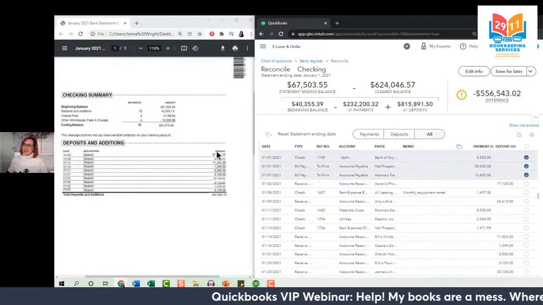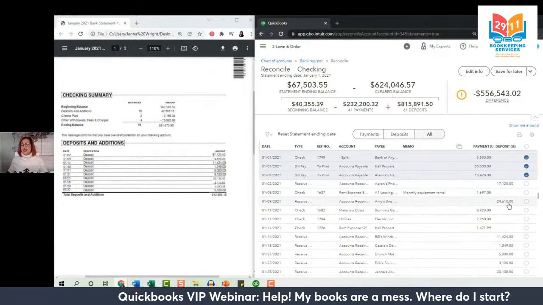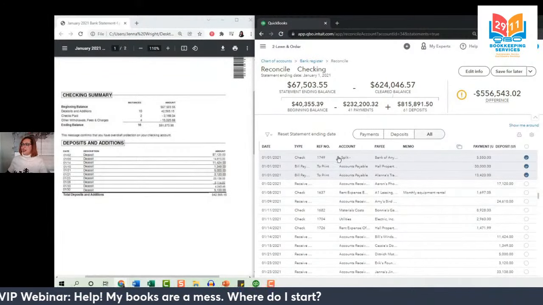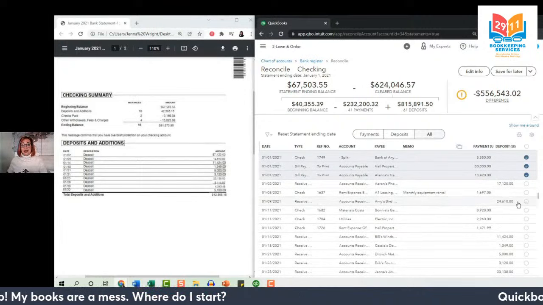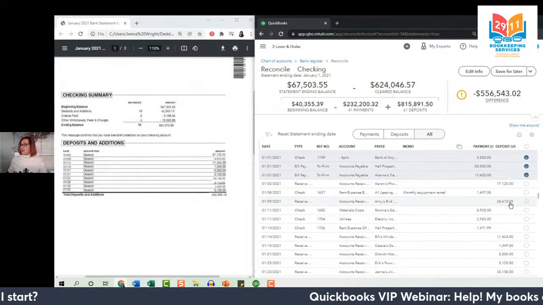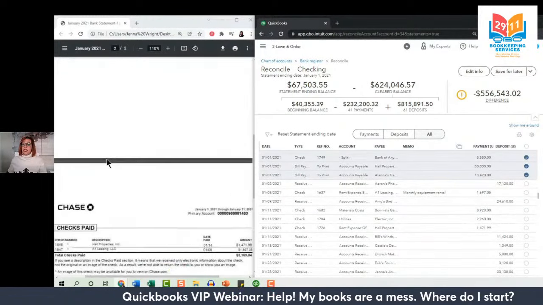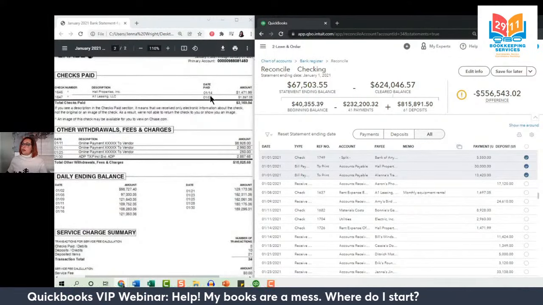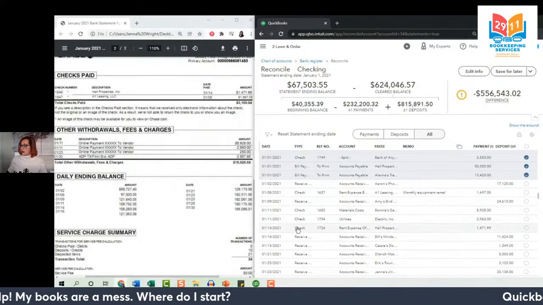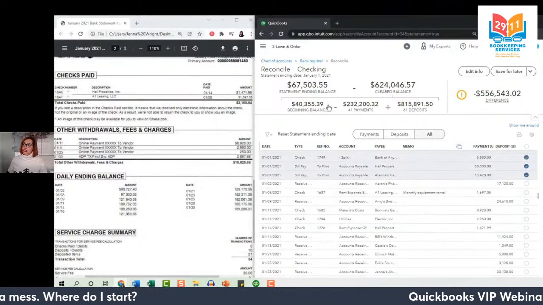And same thing here on the 9th, 14,610. This one's 24,610. So again, we know we're dealing with a mess, but that's so close that I'm going to call that the same transaction as well, so we can clean it up here on our next reconciliation. And let's just also verify with the payments that occur at the beginning of the month. All right, back to the check on the 14th, 1471.99. Here we go, 14th, 1471.99.